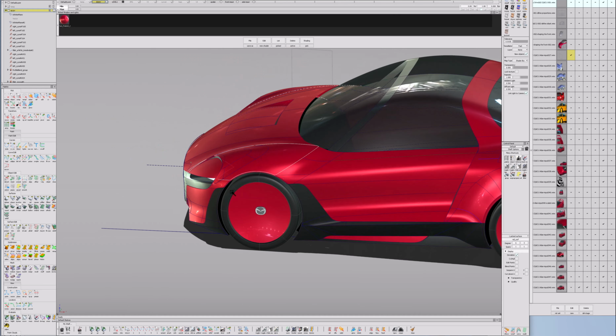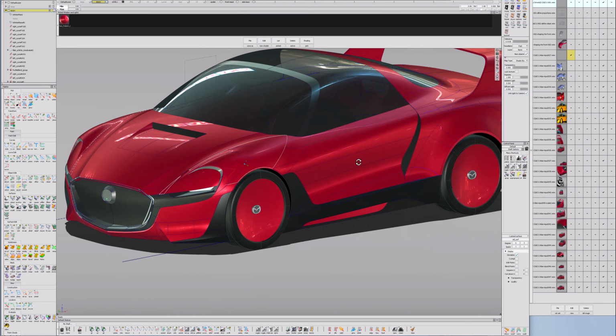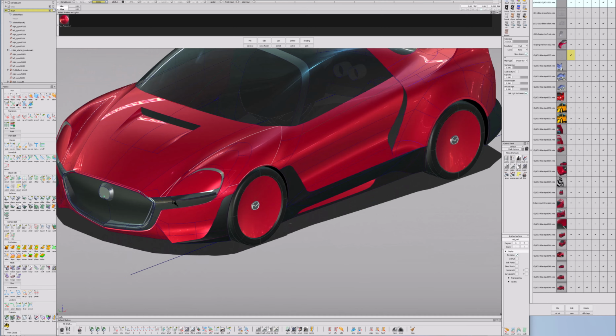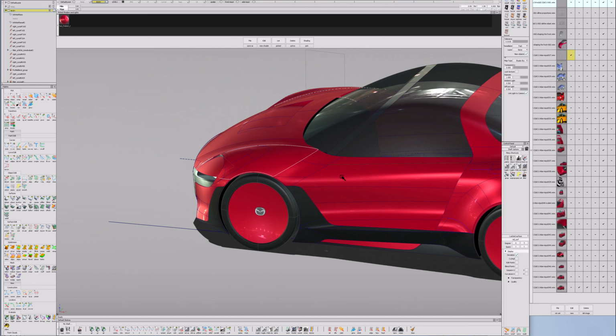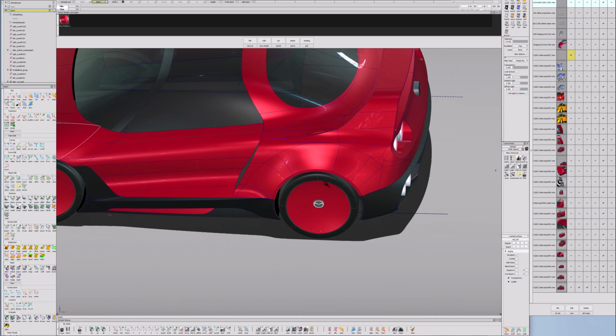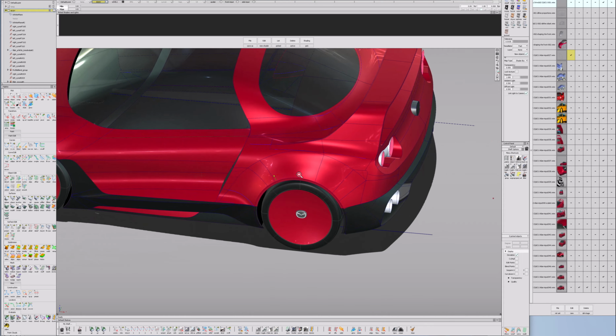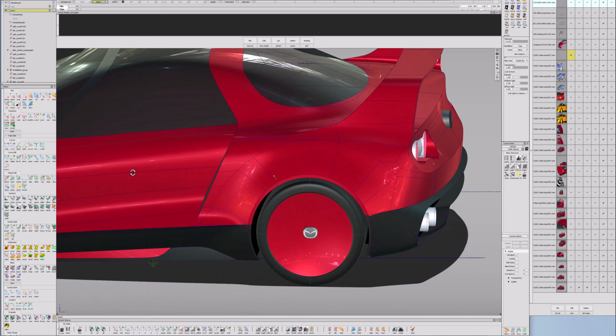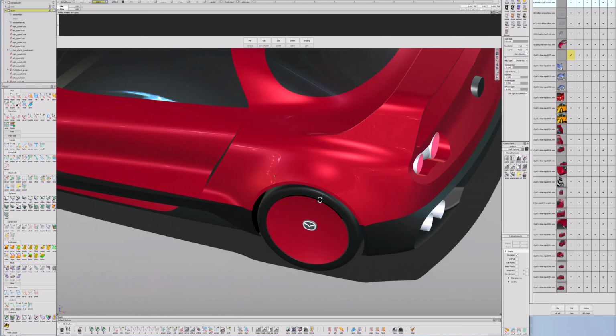It's just a volume under the wheel that goes all the way to the front and cuts with the shoulder here. We have no volume on the side here, but here we have full wheel arch that we need to define in some way,